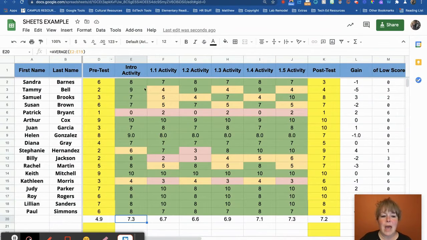I'm saying that I want to average everything between E2 to E19. So we kind of got a battleship thing going here. So I'm going to average everything in between them and hit enter, and then it averages. So I want to know, how did my class score on average for each of these assessments or assignments? So same thing, I can go over here and look at my pretest. I typed equal sign average parentheses D2 through D19 parentheses, and then I hit enter. And that then executed a function on everything between these